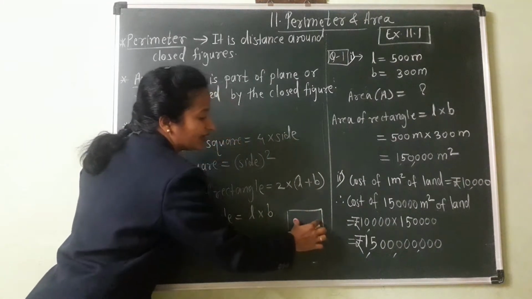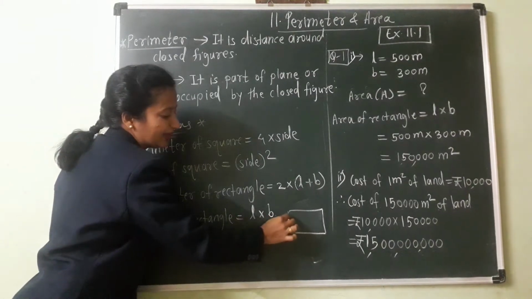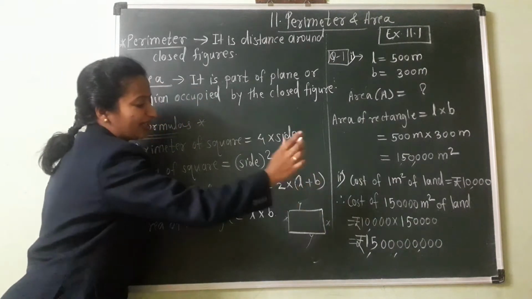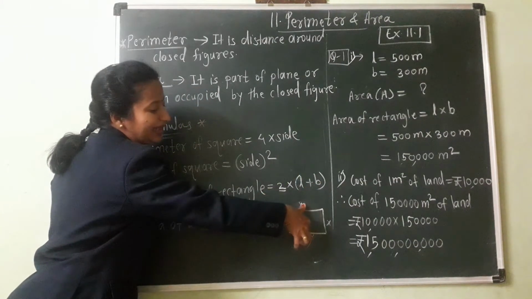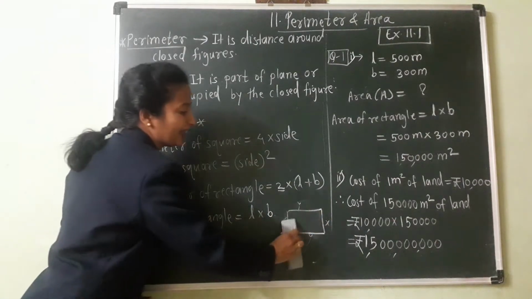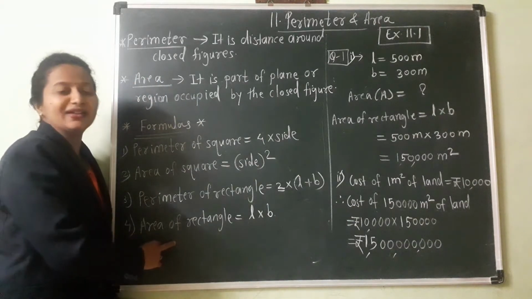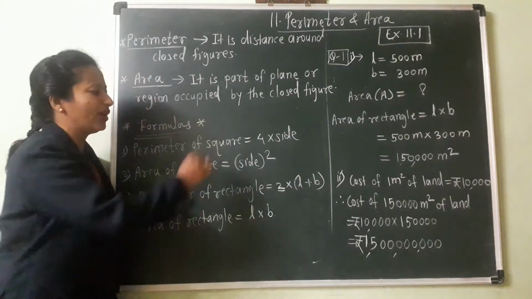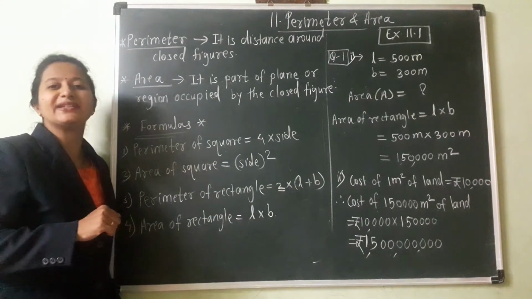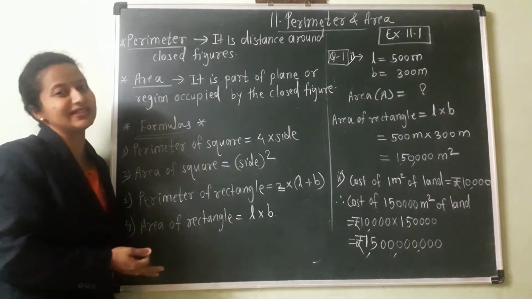Perimeter of a rectangle is 2 multiplied by (length plus breadth), because suppose this is the rectangle, opposite sides are equal here. So if this side is x, this will be x, and this will be y, then this will be y. Two sides are equal, so it's 2 multiplied by (length plus breadth). So it's a simple formula to find the perimeter of a rectangle. Now area of a rectangle is length multiplied by breadth. So you only have to remember these 4 formulas to find the perimeter and area of a rectangle or square. It's very simple, everyone knows these formulas.